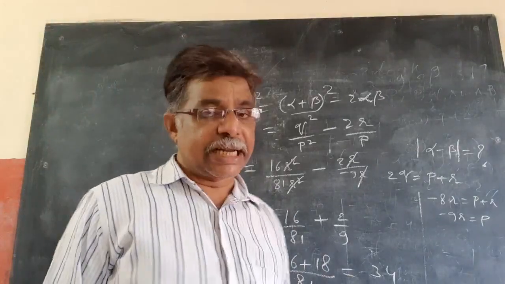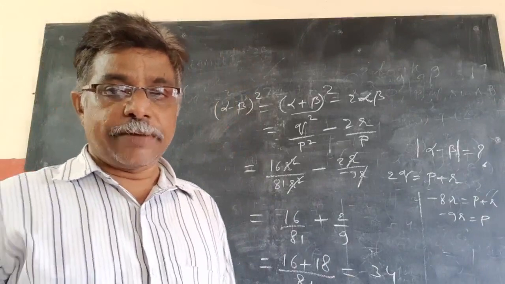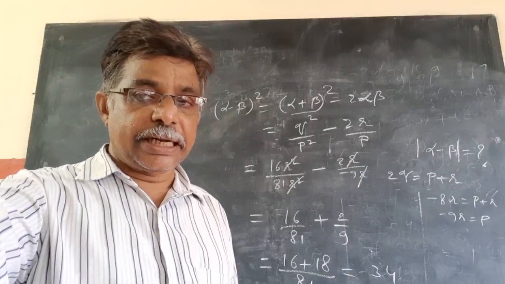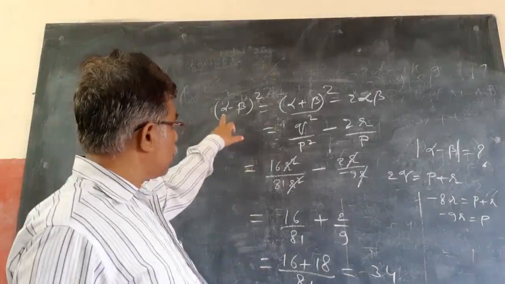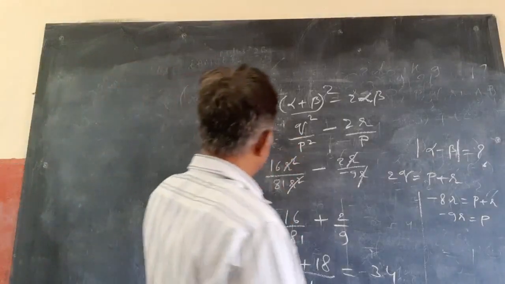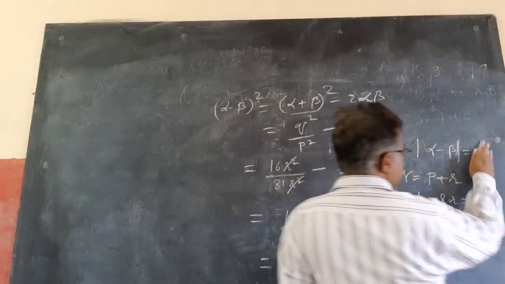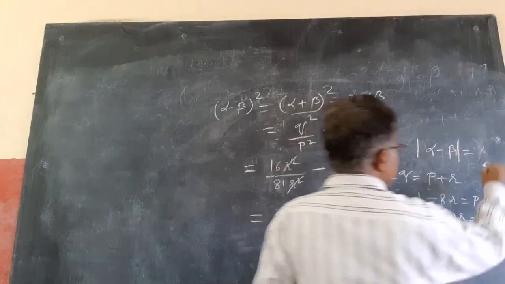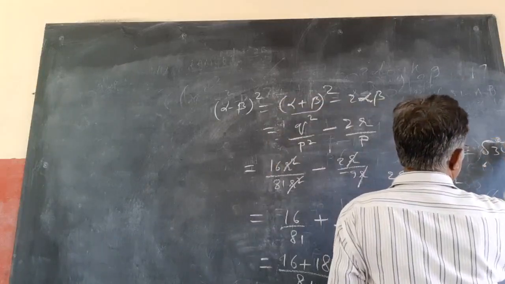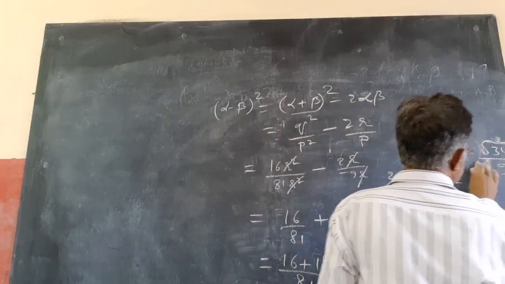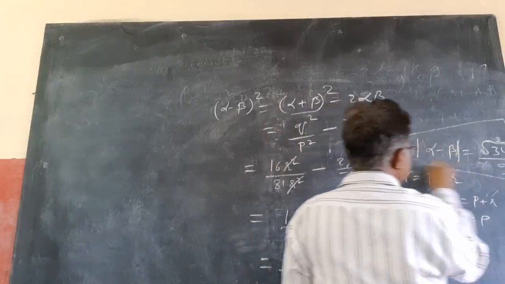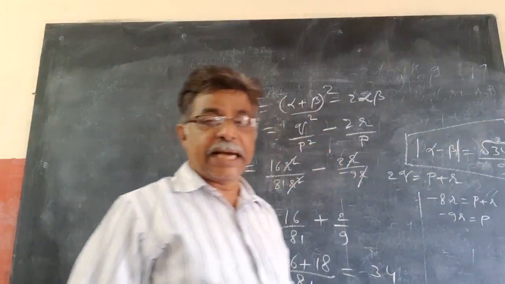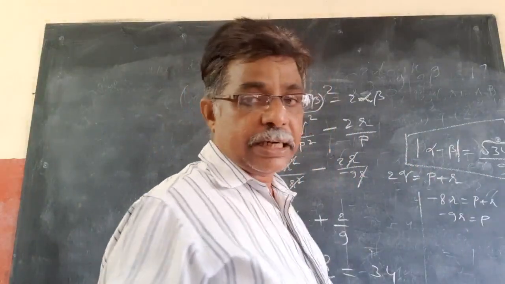So like this they are giving in 2014. So coming to the 2000s they changed it a little bit. Now what do we want? This is the square, so we want modulus of alpha minus beta. The square root of this only, that is root of the numerator by root 81 which is 9. So this is our final result, root of the number by 9 is our final result.